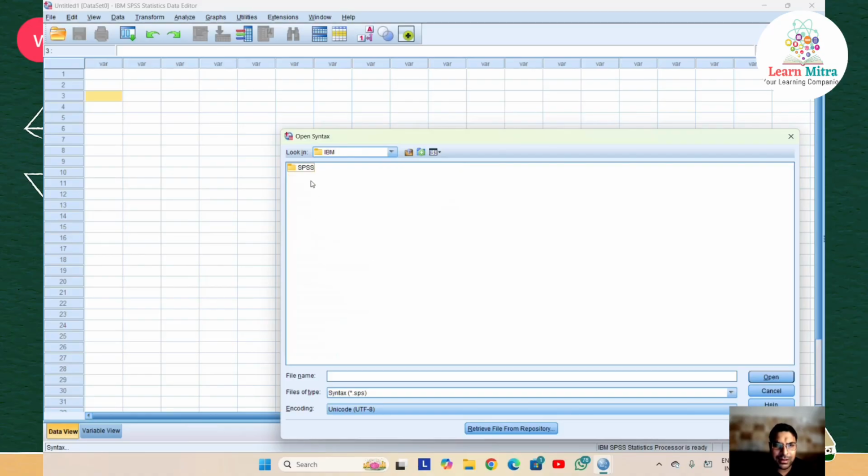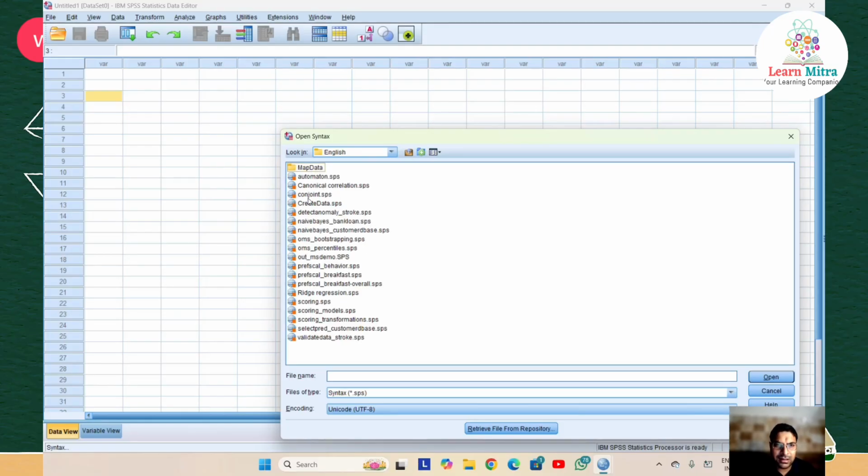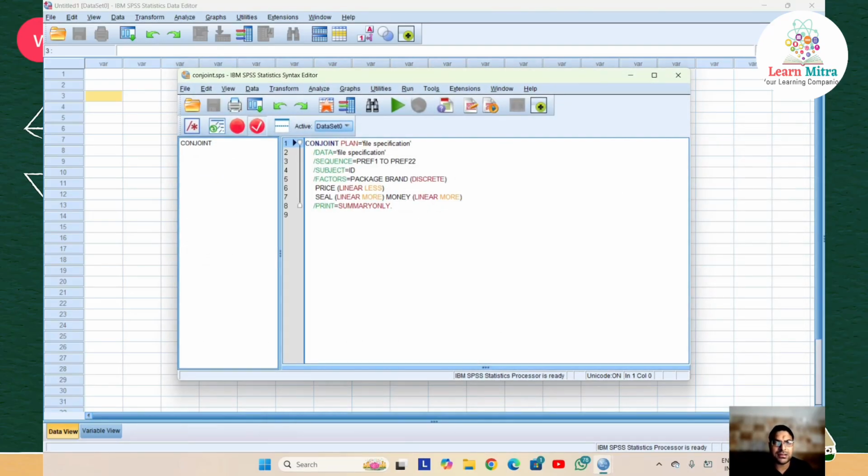Then you will see the option IBM, then SPSS Statistics, then whatever version you have for the SPSS, that will be say 24 or 20. So I have the 25th version. Then you click here, then you will see the samples. Just click on the samples. Then we need the English language, then conjoint SPS. So when you select it and open it, a syntax screen will open for the conjoint